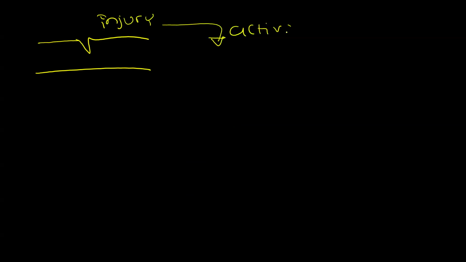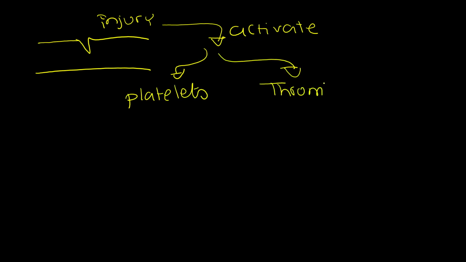Okay, let's say we will start with an injury. This is your skin, and this is an injury, a small wound. This injury is going to activate two things. It will activate platelets, and it will activate an enzyme known as the thrombin enzyme. What is the name of the enzyme? Say it. Thrombin enzyme. Very good. Now, the platelets and the thrombin enzyme, when they are activated, they carry out a series of chemical reactions. Thank God you don't have to know them.